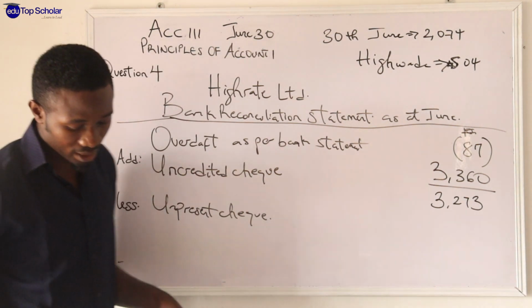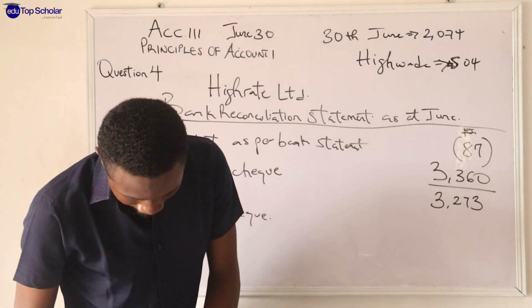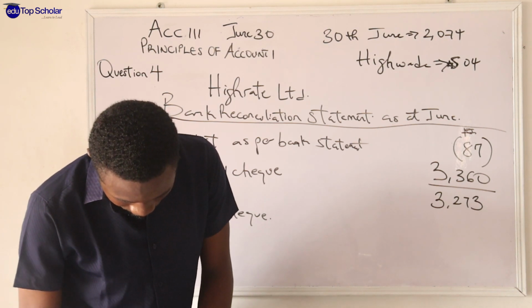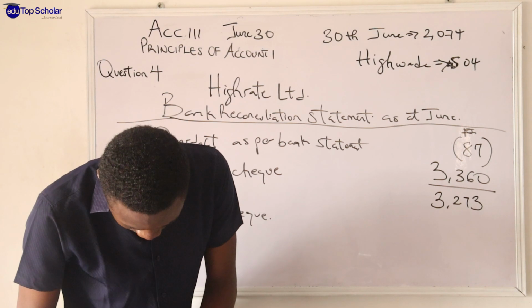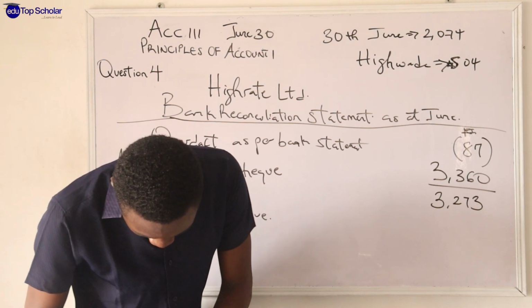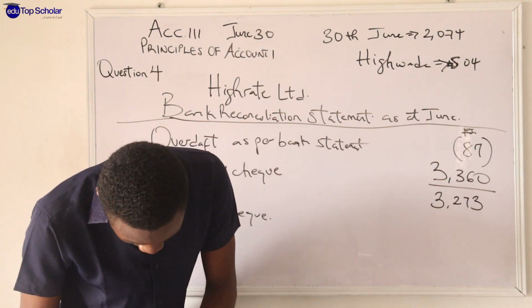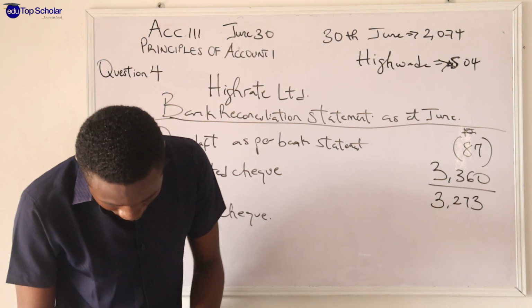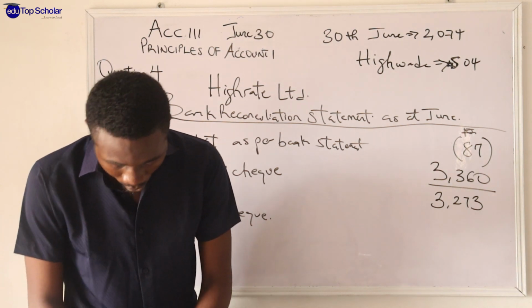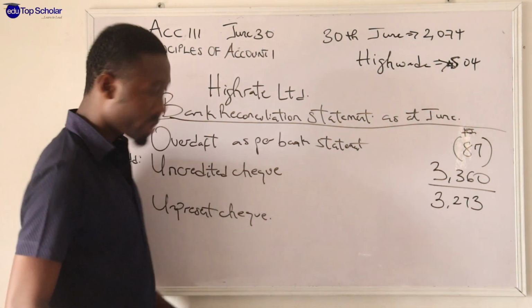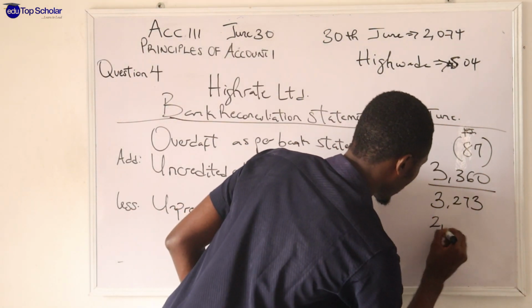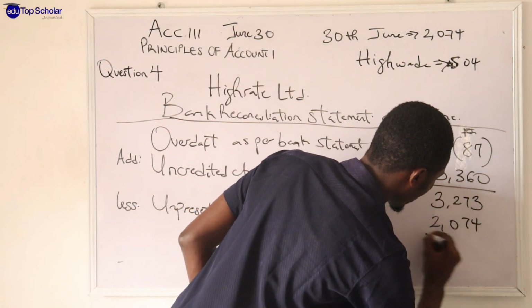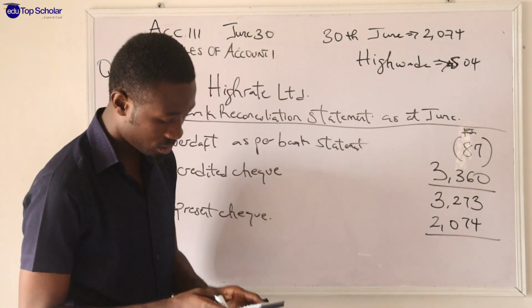We identified a check that was unpresented, and that is number four. Number 5, a check of 2,074 payable was yet to be presented. 2,074. So you deduct it